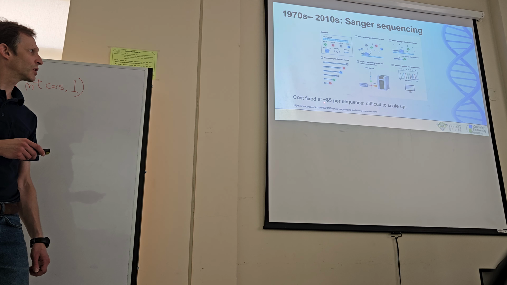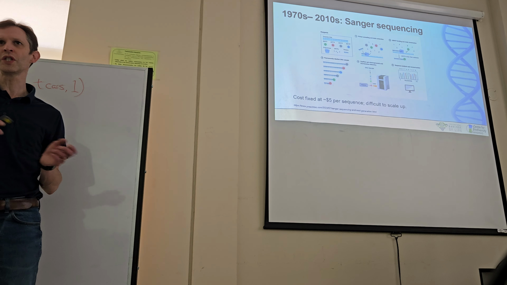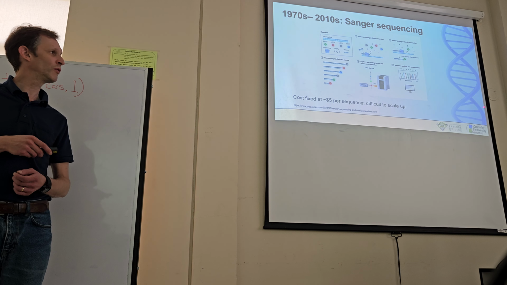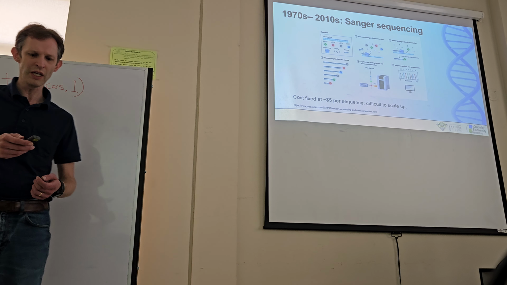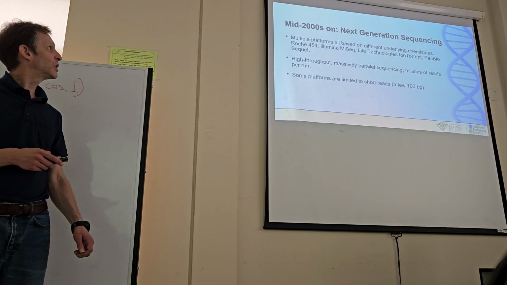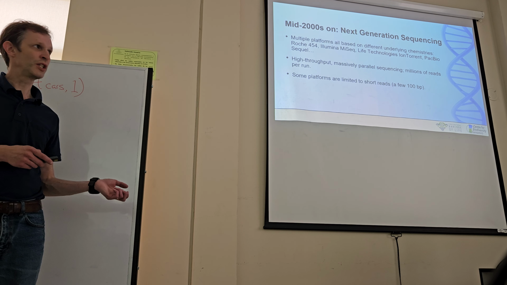But cost-wise, it's fixed at about $5 per sequence. The way this works is one sequencing reaction just gives you one sequence, so you can't really save money by scaling it up. So when you get to the point where you want to do lots of sequencing, this stops really working. So from about the mid-2000s, we went from everybody doing sequencing in the same way to